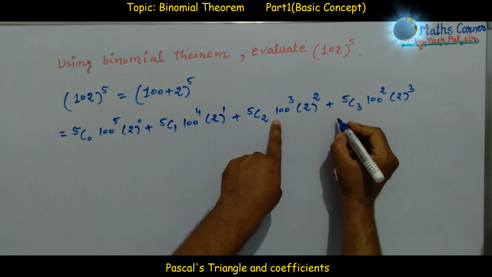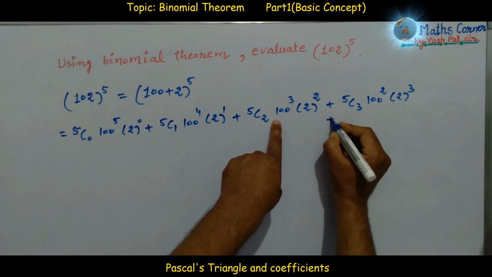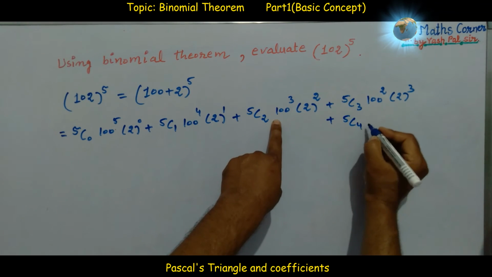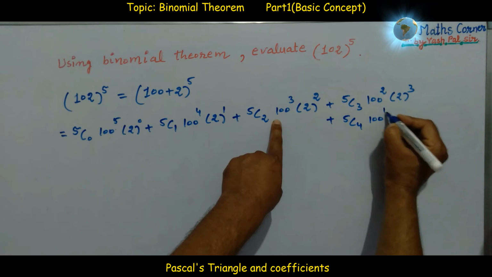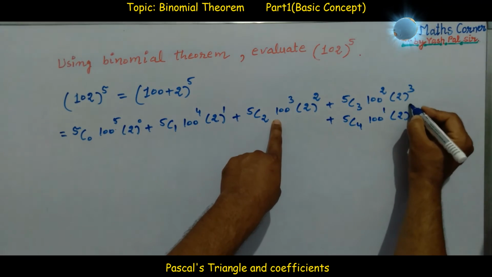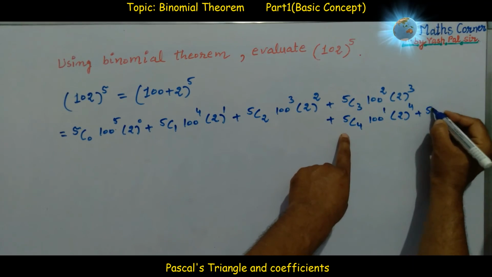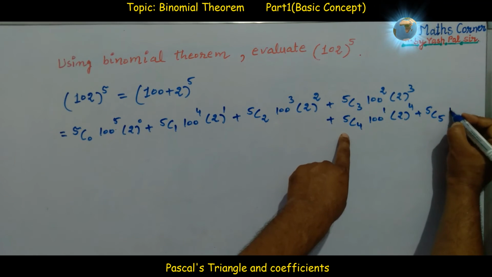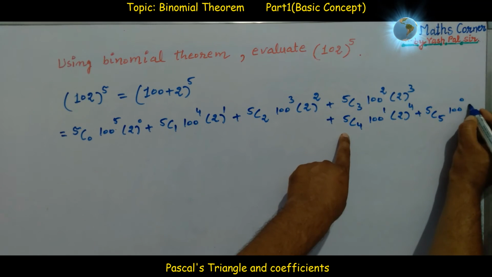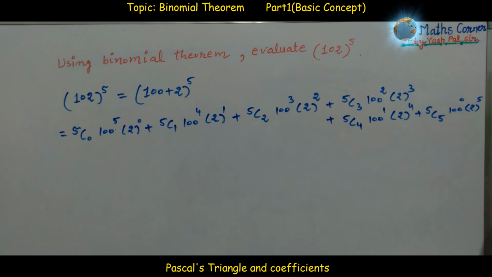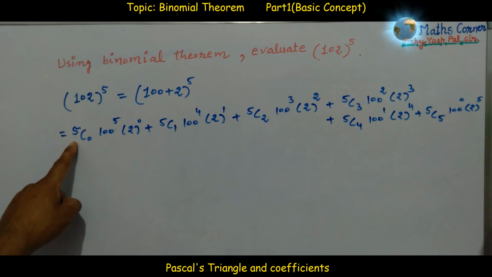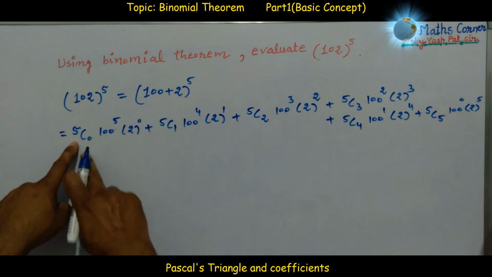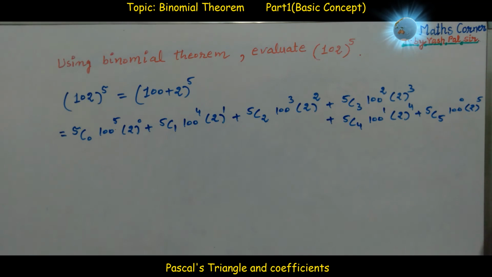Next is 5C4 100 raised to the power 1 into 2 raised to the power 4. Last is 5C5 100 raised to the power 0 into 2 raised to the power 5. This way. Now, for the values of the coefficients, we can use Pascal's